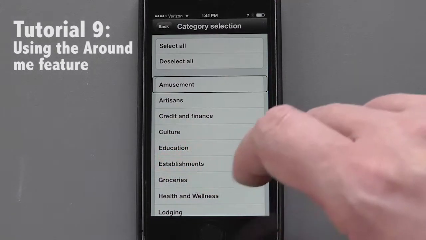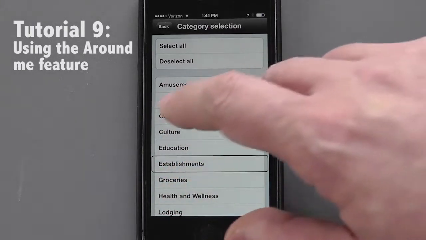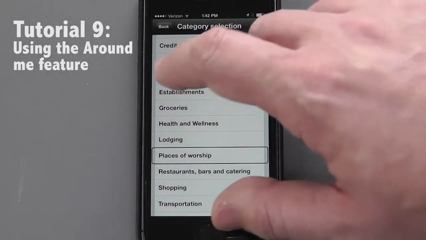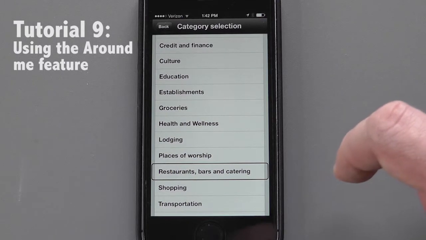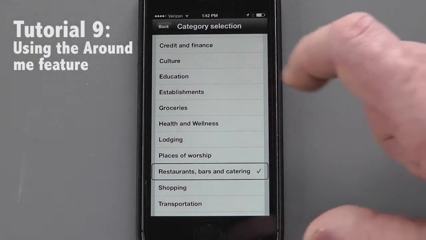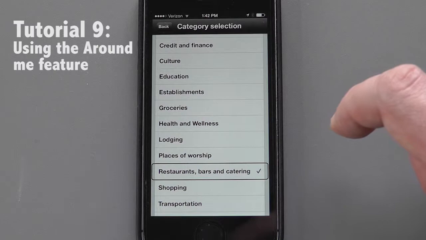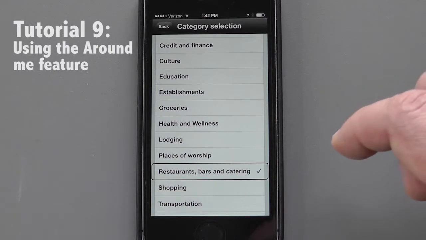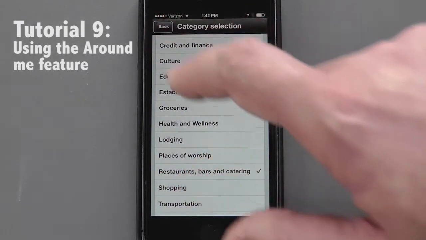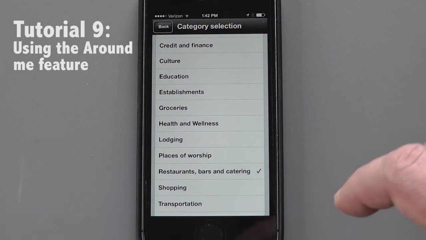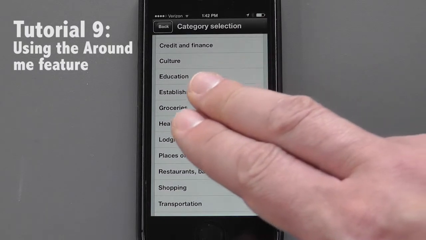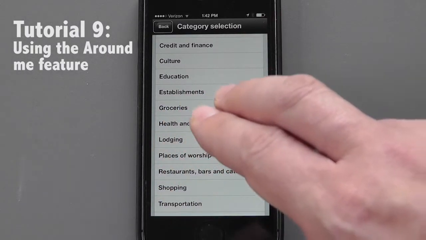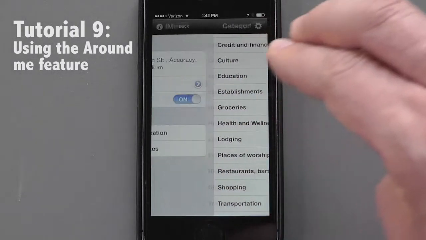So I'm going to swipe on down to grocery, health, lodging, places, restaurants, bars, and catering. I'm going to select that by double tapping it. Selected restaurants, bars, and catering. Okay. Now let's go back to the home screen, and we can either press the back button up at the top, or even more simple is we can just take 2 fingers and make that Z shape on the home